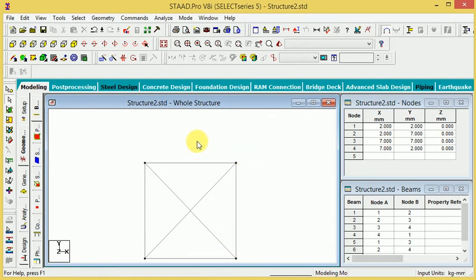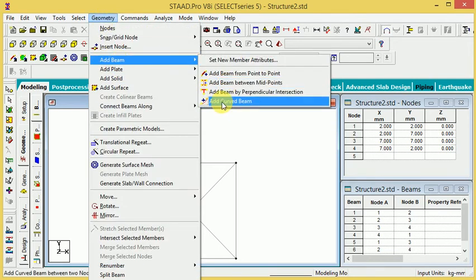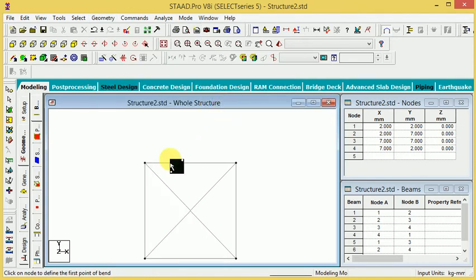When you go to the curvature member, go to geometry here, apply the beam and look at this 8 curve beam. When you enter the 8 curve beam, select this point and select this point.